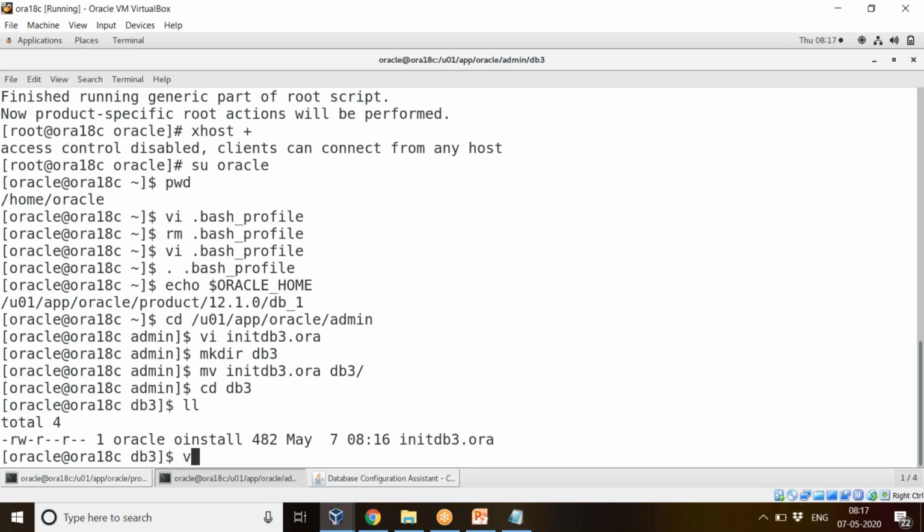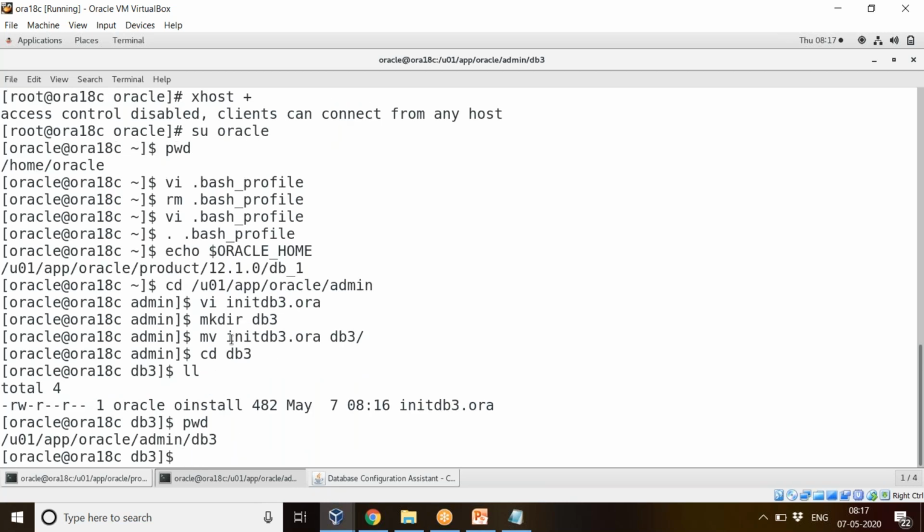Now my create script, I have to give the location of the create script. Before that, I'll create a directory under Oradata. See, I am here under u01 app oracle admin, I am in db3. I want to move it under Oradata. So what I'll do, cd double dot.